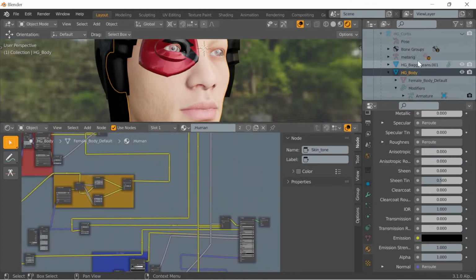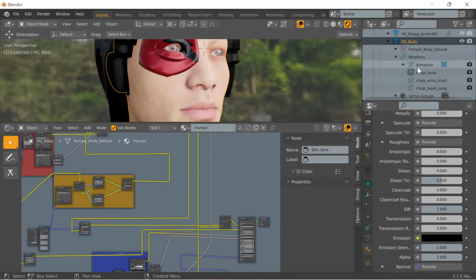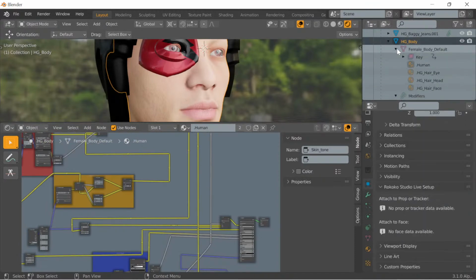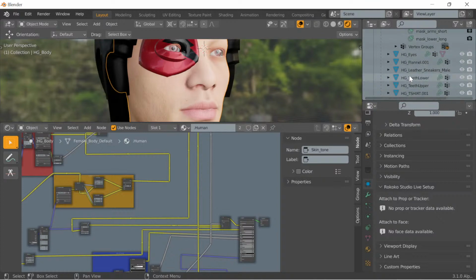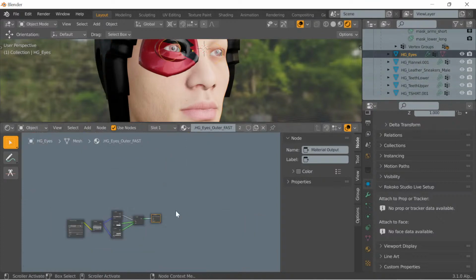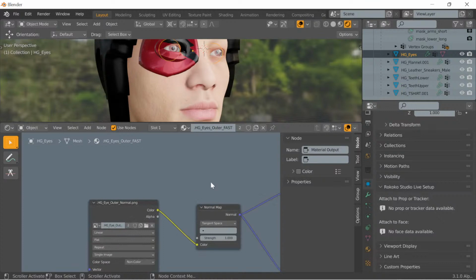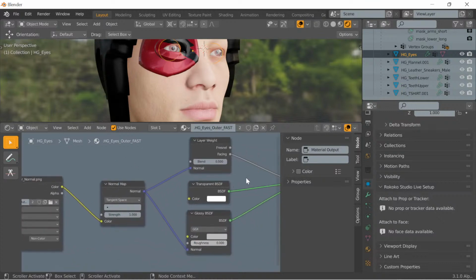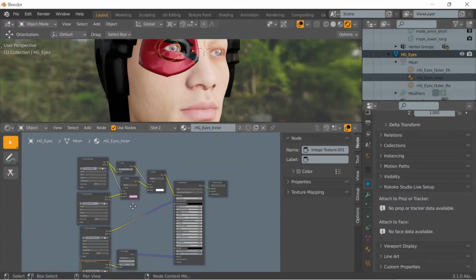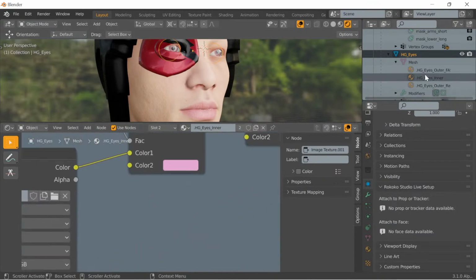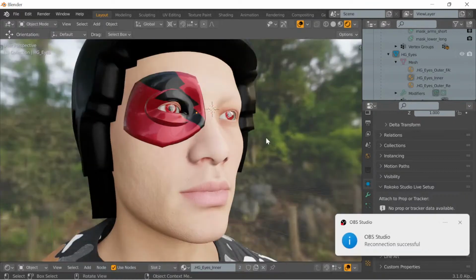Hold on one second. Let's see if I can go to, we got the body, go to the modifier, and then this is hair, eye. No, I don't want that. Eyes is right here. Here we go. Oh, okay. So you just go to the eyes and then you pull it up. HG eyes, and then mesh. We go to the inner. Yeah, it's the inner. So you go to HG eyes, you go to mesh, and then you go to the inner, and then you can put